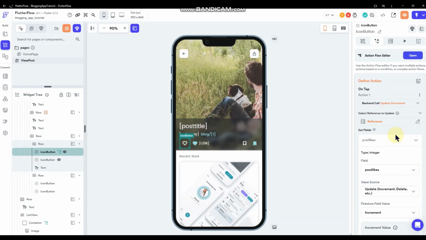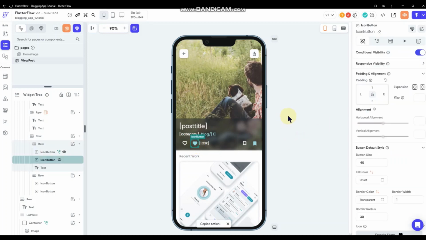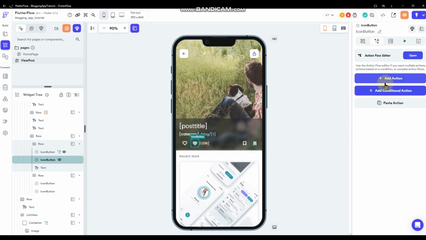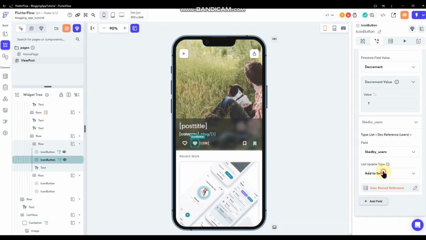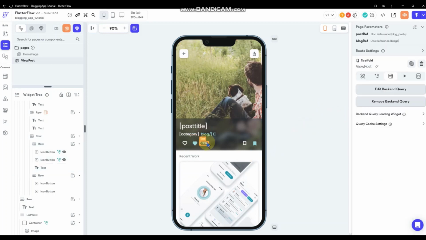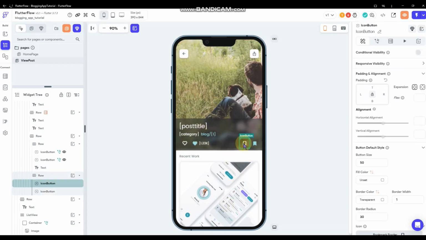Okay. And then I'm actually going to copy that action. I'm going to go here and I'll paste it. Instead of increment, I will decrement by 1, and instead of add to set, I will remove from set. Okay. All right, so conditional visibility set up there as far as our liking and disliking of the post,